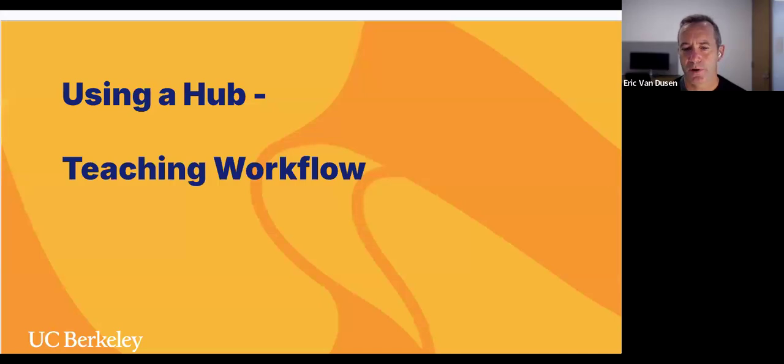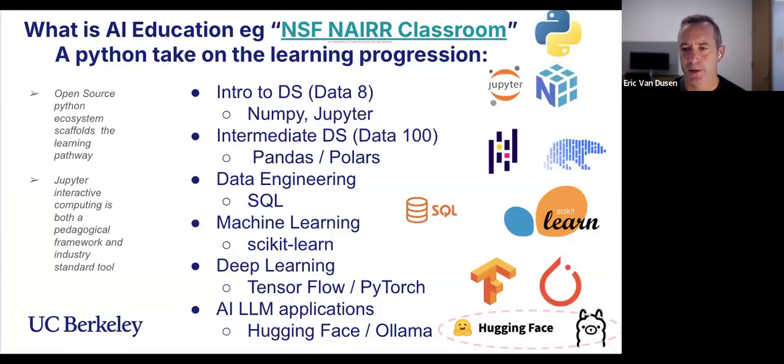All right, so what do we want to think about as teachers? And this is sort of my point of where are we at with data science education? Where are we at with AI education? And one thing that I like to think about is, if you think about data science education potentially as climbing some sort of ladder of scientific Python,